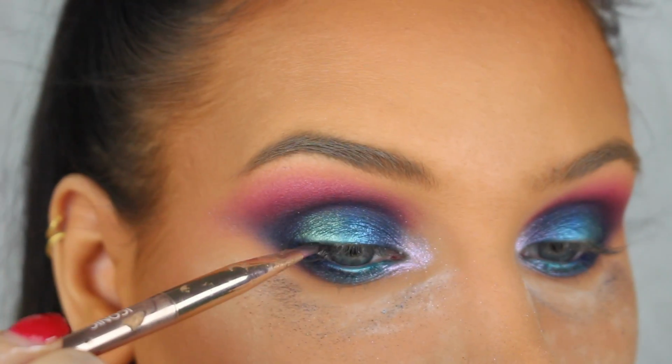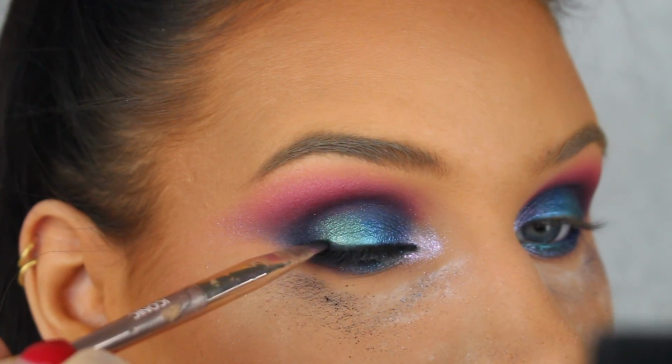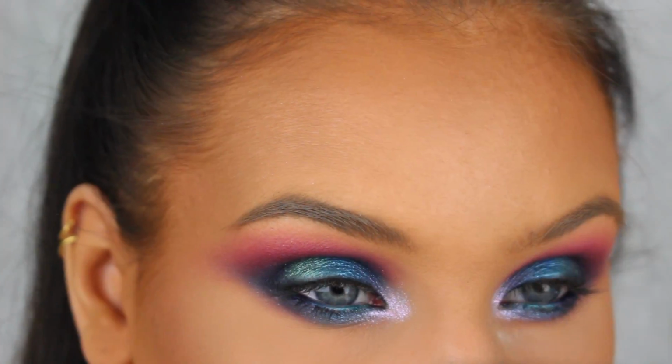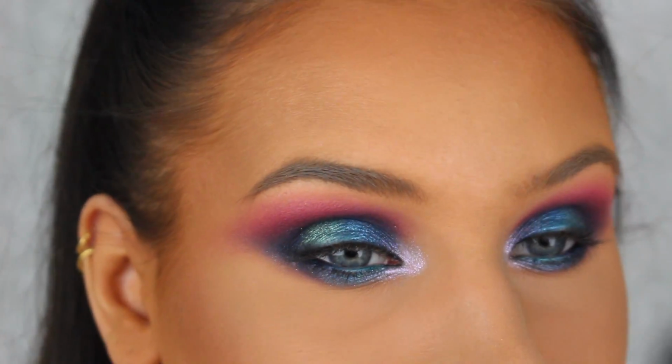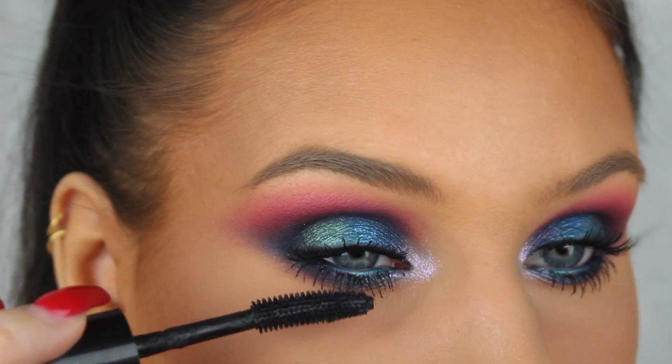Then I'm just adding a little bit of Noir eyeshadow from Anastasia on the lash line so it will be easier for me to apply my lashes later since the lash band on these lashes are a little bit thicker. So now I'm just applying mascara and then Huda Beauty lashes in the style Sasha,